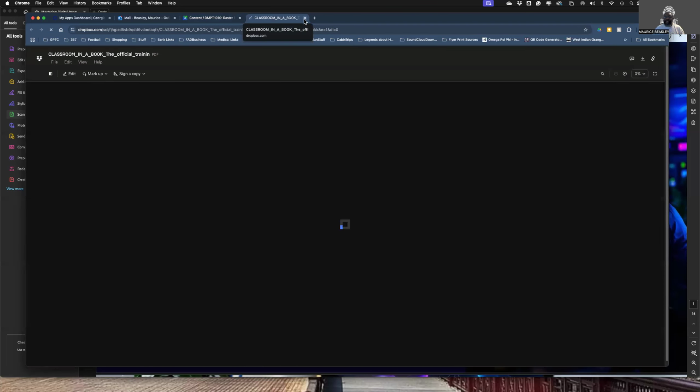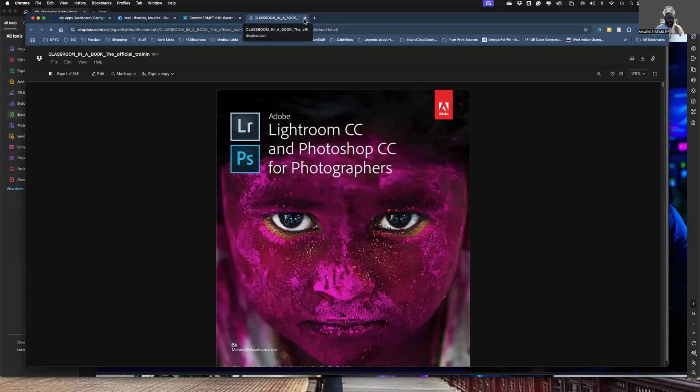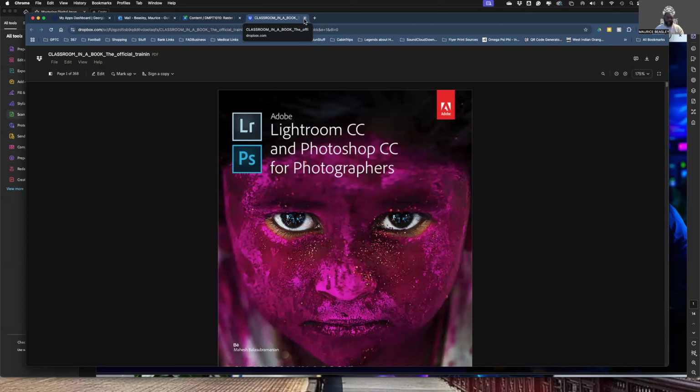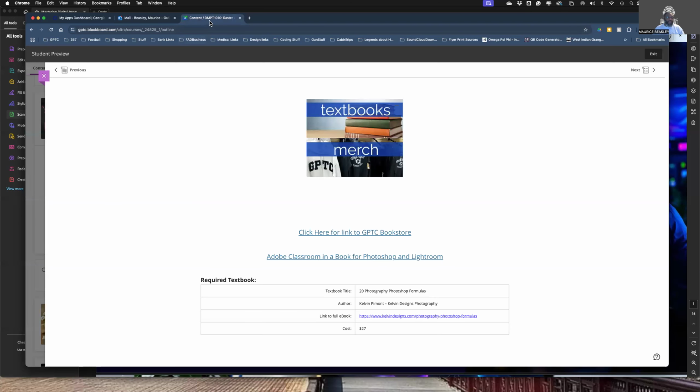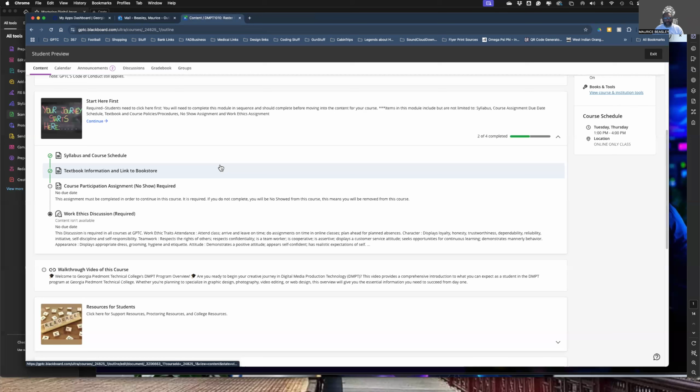Just don't tell nobody. But honestly, I got the book. I bought it a long time ago, and I'm just sharing it with you. If you want to download this book, it's there for you to get for free. All you got to do is download it there through my Dropbox and read it. They'll have exercises that you can go through within that book, and I'll explain about how Lightroom works and Photoshop